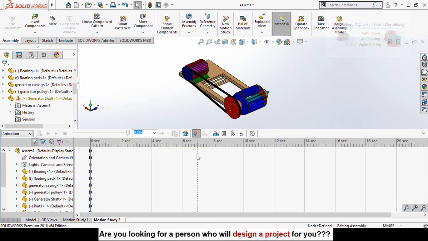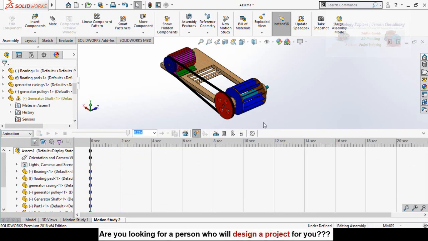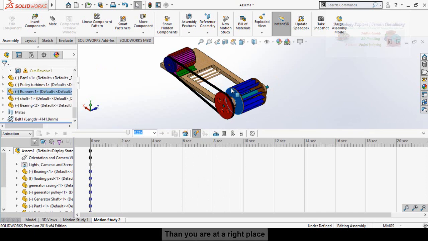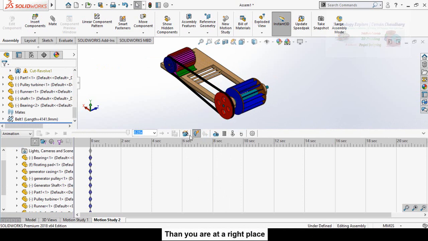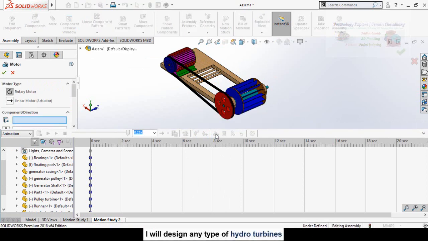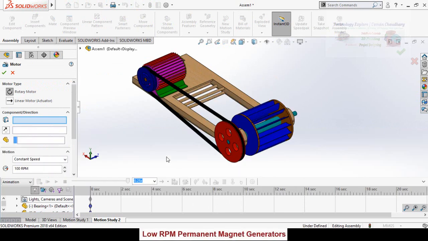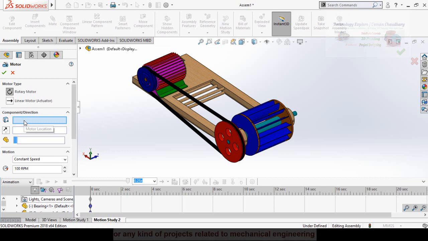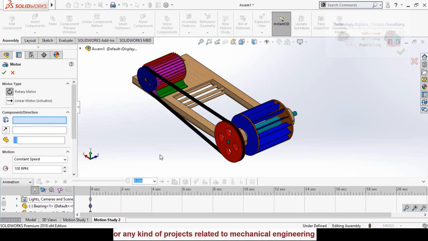Then the first step is adding a motor. If you want to rotate this model like this, you can select Motor. So here is the motor option, click on it. The first option is about the motor location.